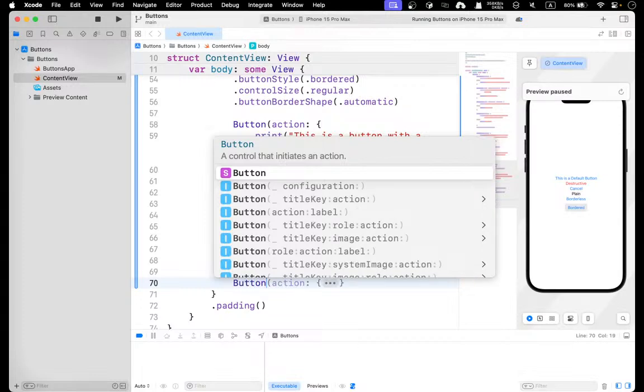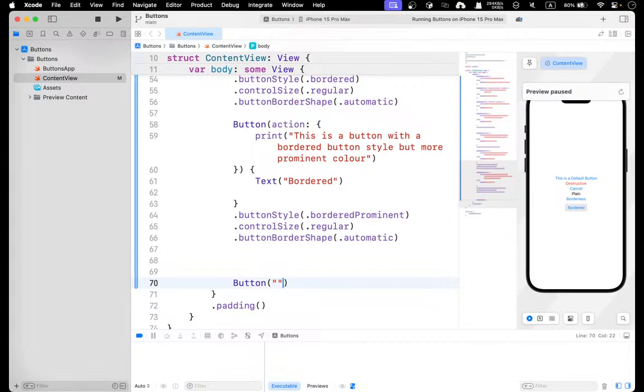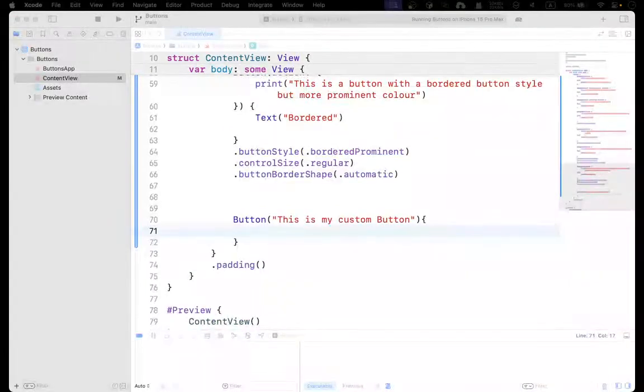So the button, okay, this will be my custom button with the custom style, something like that. They can rest a little bit without, like, yeah. Right now, let's say